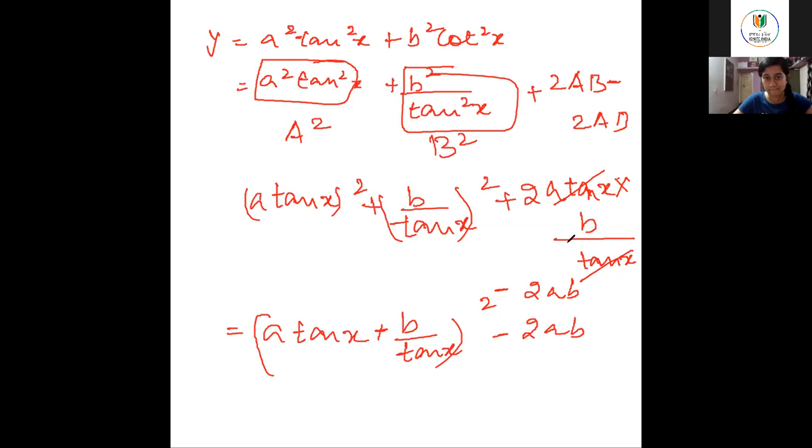It's okay. In the solution they have taken 2ab into consideration and left out 2ab after the function, but I'm taking 2ab inside, so I'm taking a plus b whole square and minus 2ab. Right? Now I have to find the maximum and minimum value. So what can I do here? How can I take the maximum value?